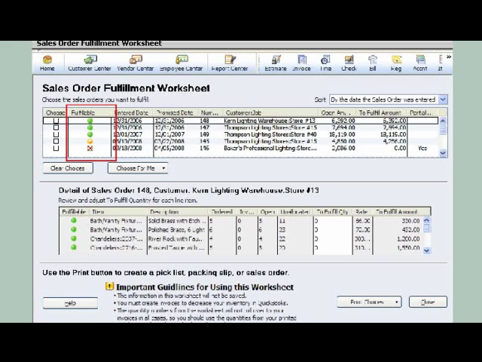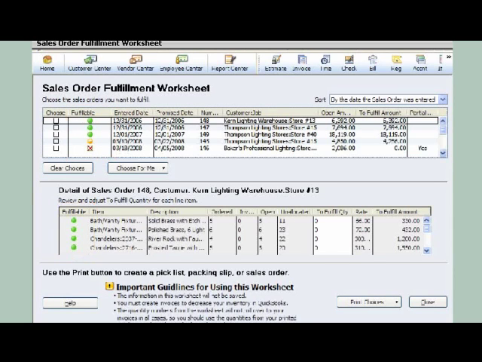Icons in the Fulfillable column provide you with your first indication of which orders are ready to fulfill. The solid green circle means you have enough inventory to fulfill the entire order. The half-full orange circle means you can fulfill only part of the order. The empty green circle with a red X means you're out of stock on the referenced order or item. Note that the Fulfillable column exists in both tables, showing you your ability to fulfill at both an order and